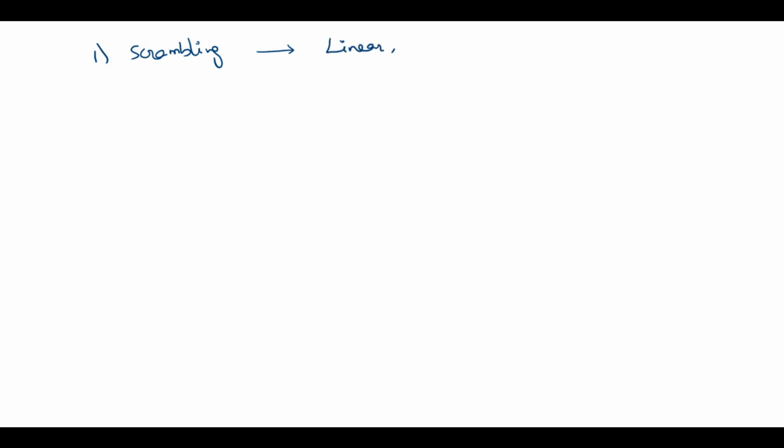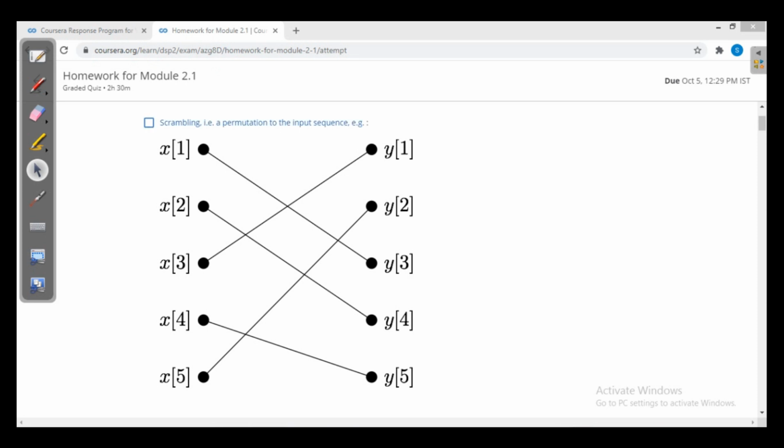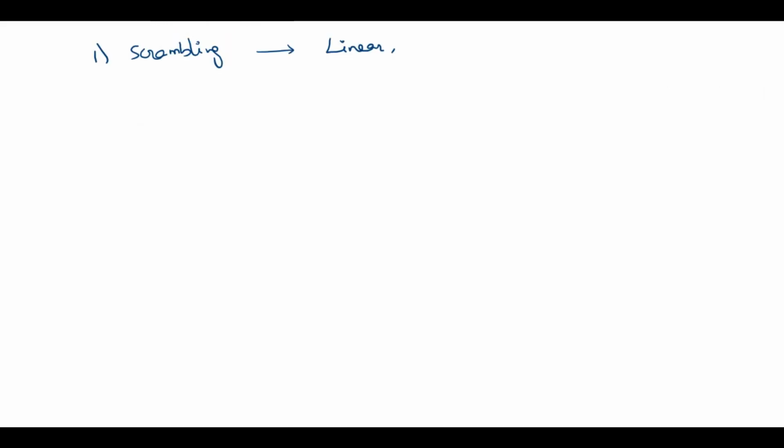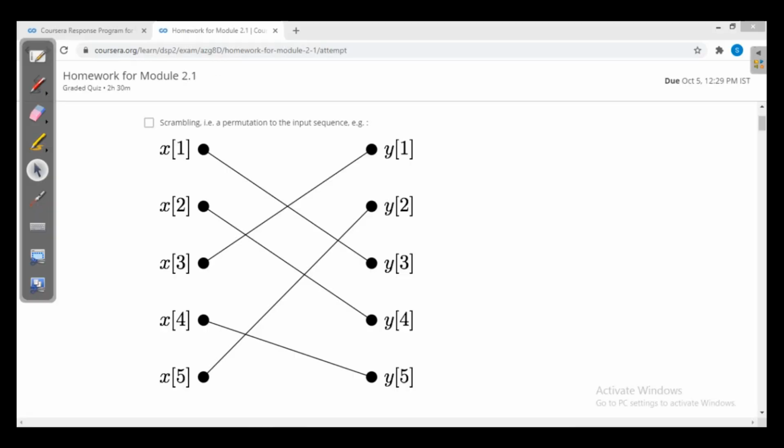And observe this relation. x3 is mapped to y1, then x5 is mapped to y2. So there is no proper time relation between the input and output. So it is not a time invariant system. So it is time variant. Okay. Now the second option,